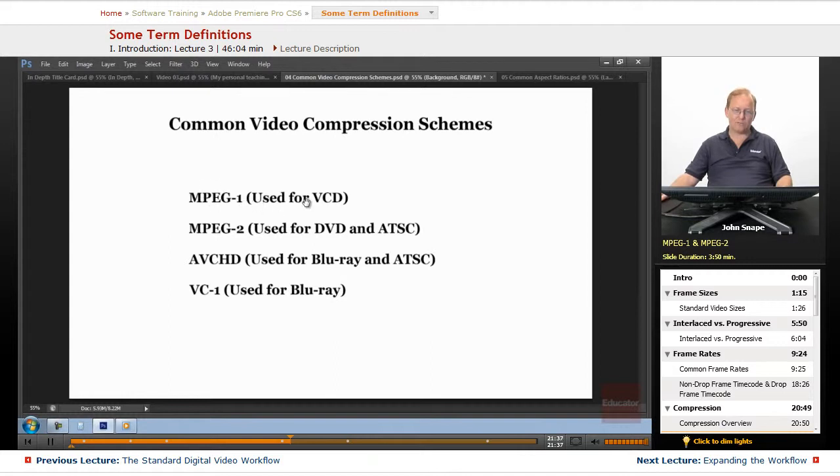MPEG-1 was the original, and that's used for VCD. VCD is video CD. And it's basically taking regular video and saving it onto a CD, and then you can watch a movie from a CD instead of a DVD. Now it's almost about the same as a VHS tape, so it's not very high definition. It's only about 320 lines,